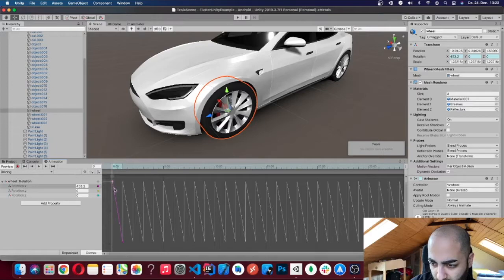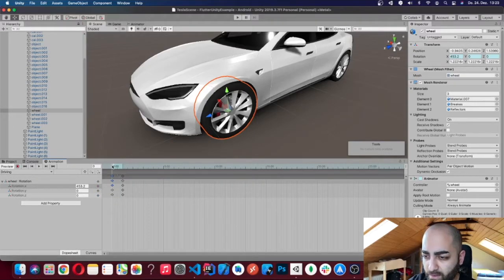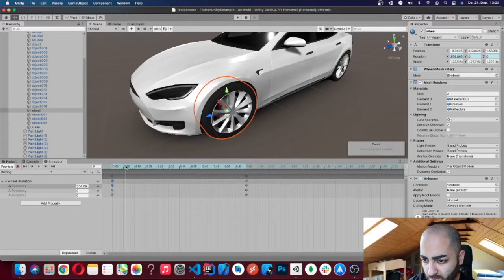Yeah, that should be good. Perfect. Great. Let's have a look. And it should only decrease. Perfect. Now it's driving